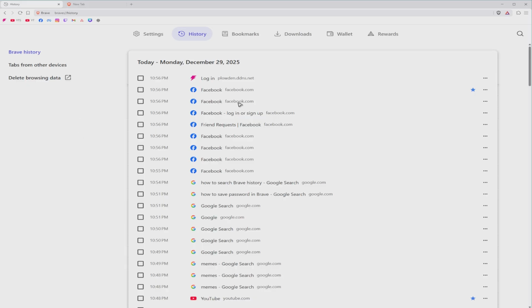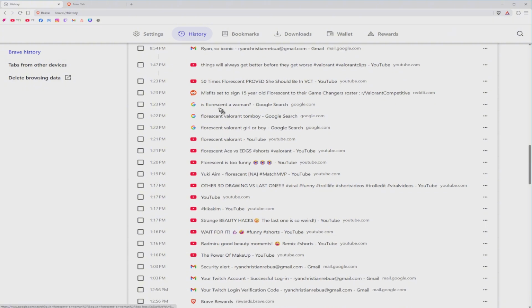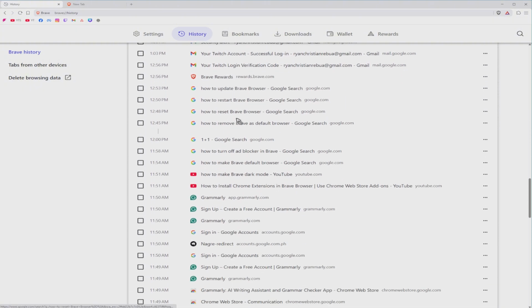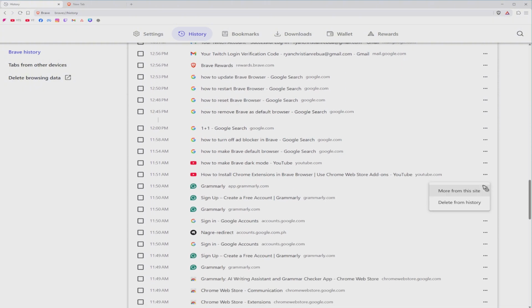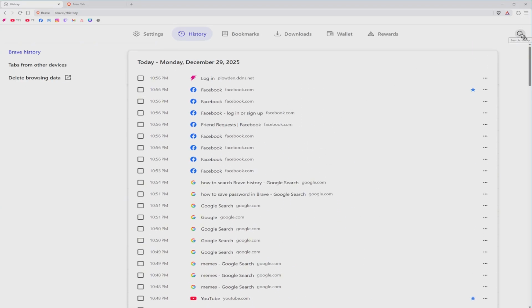If you want to, you could manually scroll through the history right here. And if you want to delete one, you can click on the three dots and hit Delete from history. Now, at the top right, as you can see, we have